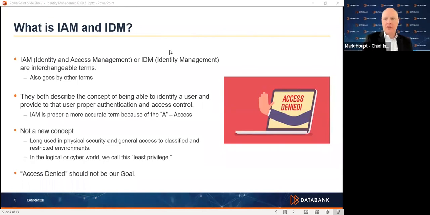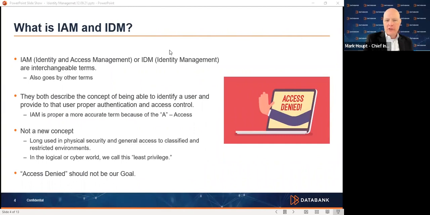Some of those terms, like zero trust, are very valuable terms, especially as NIST, the National Institute of Standards and Technology, is now further defining zero trust. But the reality is that if you break it down to really what it is, it's not necessarily zero trust. It's a matter of identity and access management, making sure that you have least privilege. So two of the key, very basic terms that are out there are identity and access management and identity management.